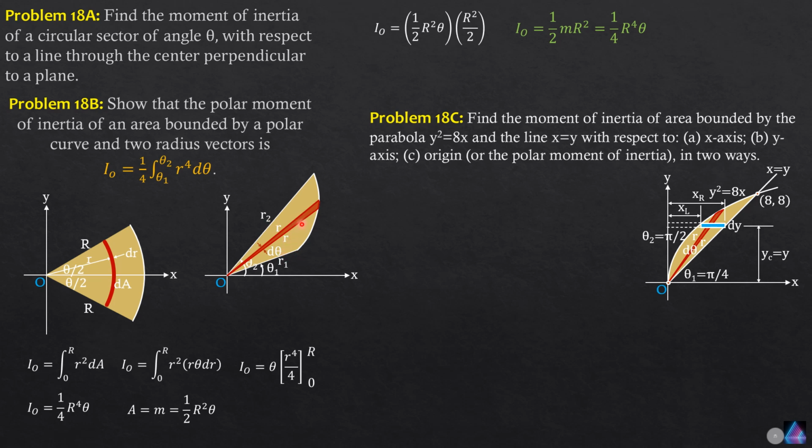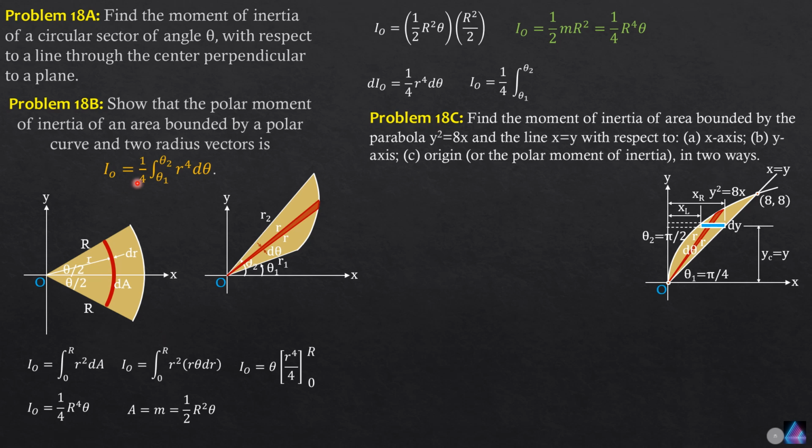So that's the drawing, differential sector. Then this is applied for the region, for the expression for moment of inertia with respect to the origin, perpendicular to the region bounded by these radius vectors. So 1/4 small r to the fourth, then differential theta. Differential I_O is 1/4 r to the fourth differential theta. So that would be 1/4 integral from theta 1 to theta 2, where this is theta 1, radius vector 1, radius vector 2, theta 2, of r to the fourth d theta.